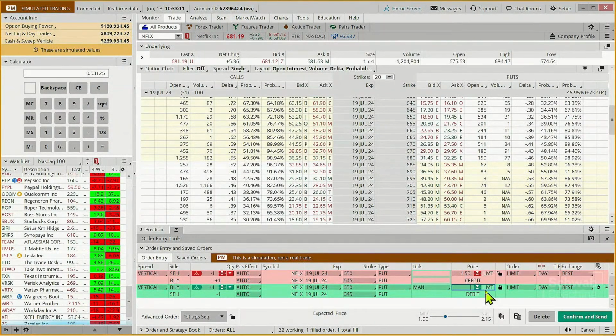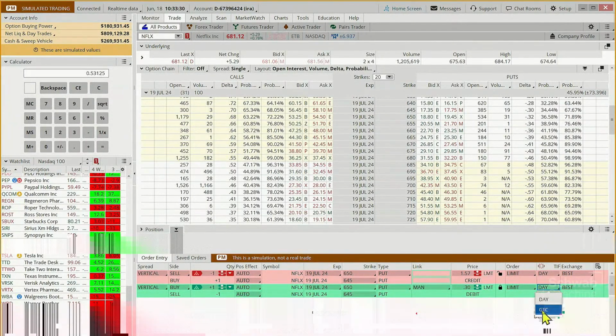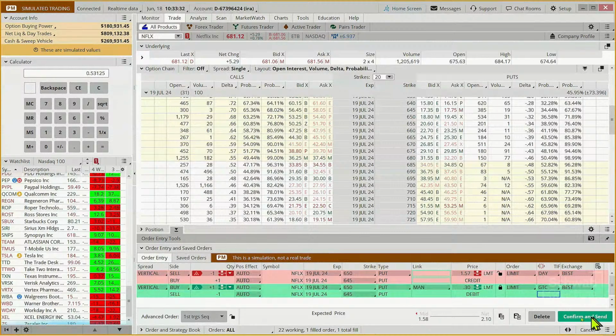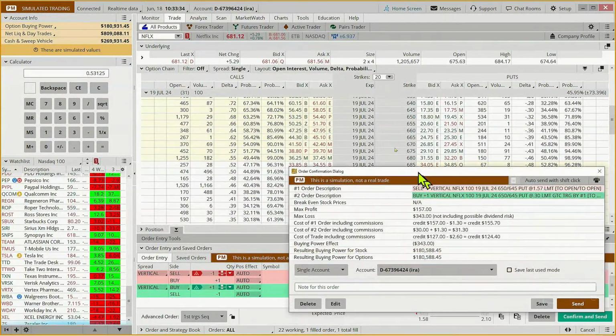So that gives me 34. So that means, okay, well now 30, if it's at $1.50. This means that if I pay 30 cents to buy it back, I've got 80% of the max gain. And so if we put that in at 30, good till canceled, and then we come to confirm and send,